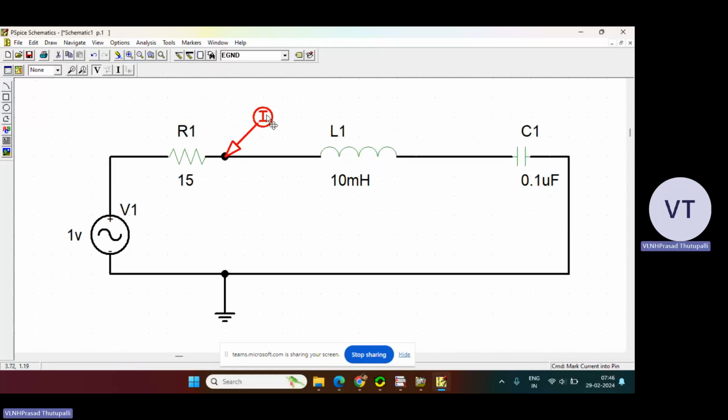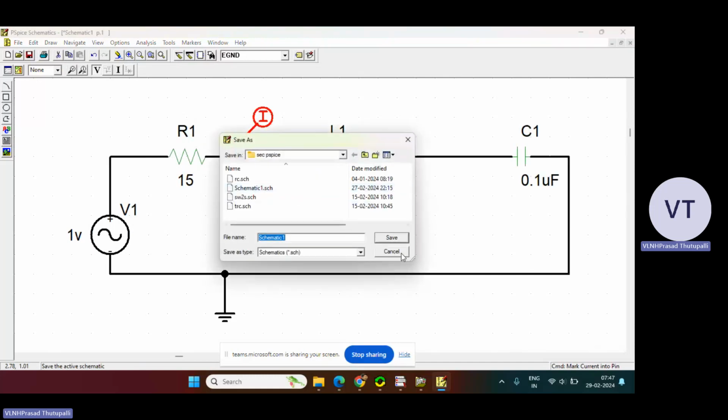Okay, current marker means the current flowing through the resistor R1 is considered as the parameter on y-axis. Now, with this, the construction is over. Now you save this with some name, and